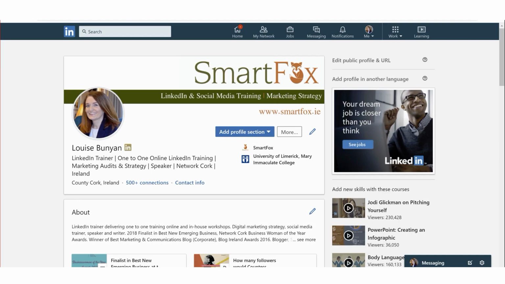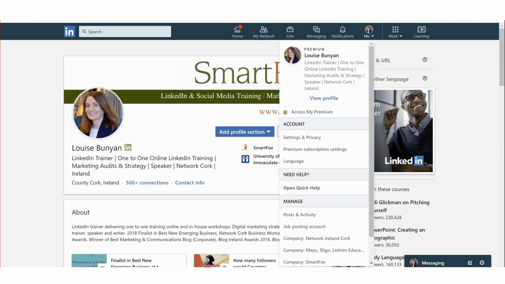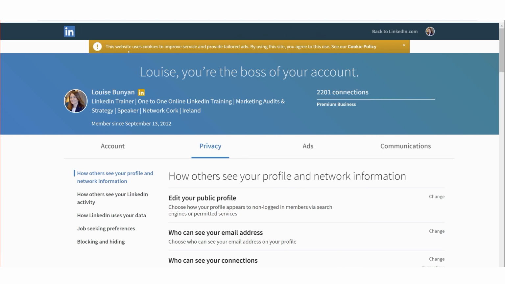So what we do is we go to the LinkedIn screen and then we go to Me, and then we scroll down, we look for Account, and then we click on Settings and Privacy. And in this tab, we're looking for the very first section here at the top, how others see your public profile. And then underneath that, we look for Edit Your Public Profile, and we go over here and we click on